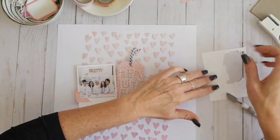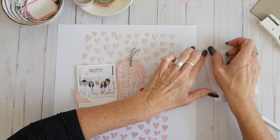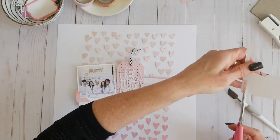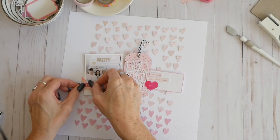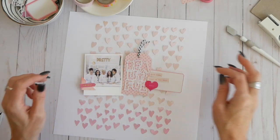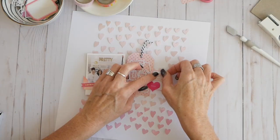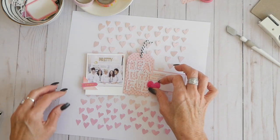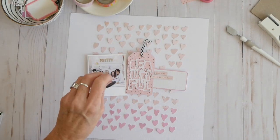I keep my scraps. I just attach my sticker to a piece of scrap cardstock, and then I just trim it out. Weird right here. I like this. I'm going to get these in place as well. And then this heart's going to go here, and I'm probably, because I have some gold foil here,